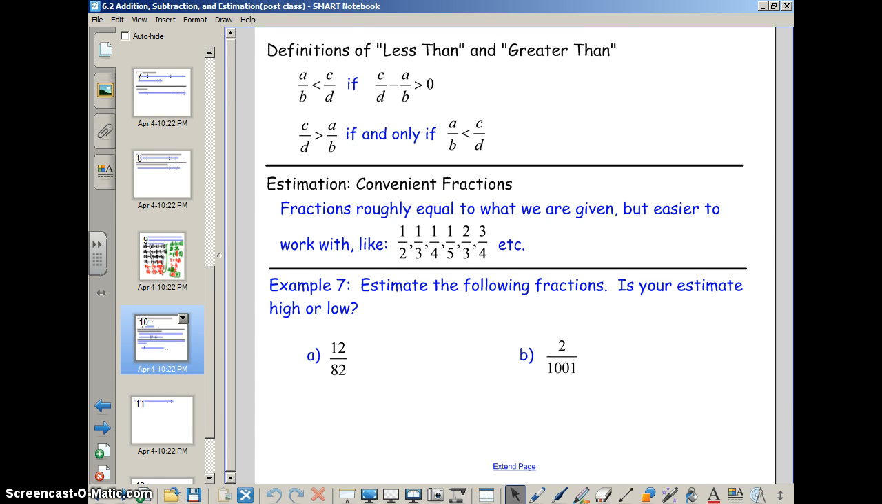There's one other item that we're going to take a look at in this particular section. That's the idea of comparing fractions and estimating with them as well. So the first one is this idea of less than or greater than. And you've seen this definition before. If 5 is less than 7, it means that 7 minus 5